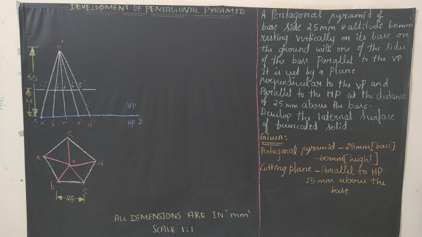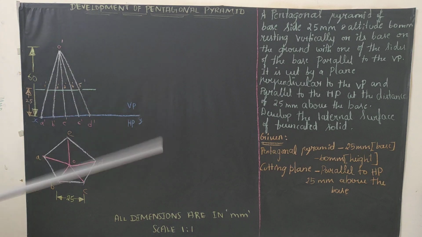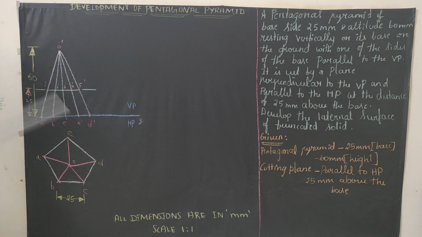The next thing is we are just going to develop the pentagonal pyramid. So since we have gone with pyramid, we will be going with the radial line method. If it is for cone and pyramid, radial line method, and for prism and cylinder, it's parallel line method. So for radial line, this is the first sum you are going to solve. So listen carefully and follow all the instructions.